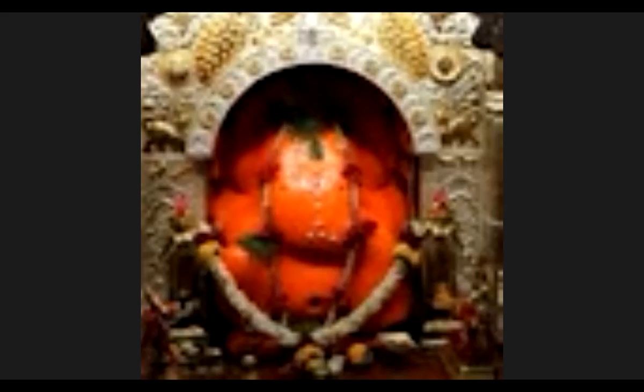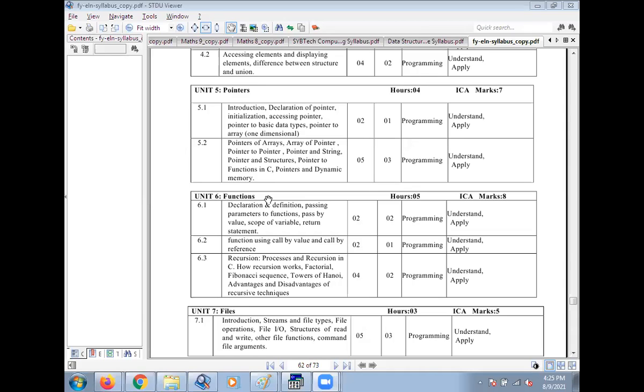To array, see your syllabus. Okay. In the part of function, we have completed recursion.